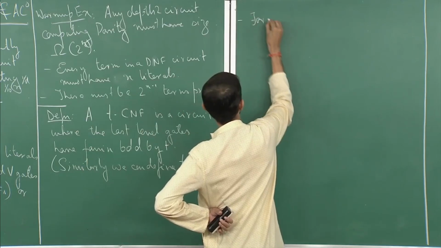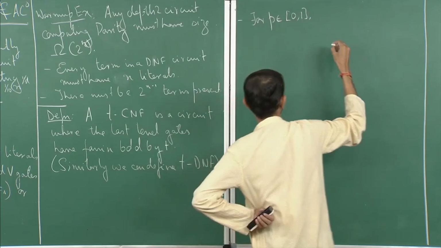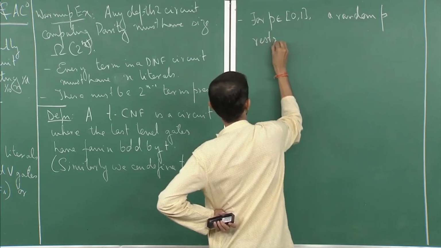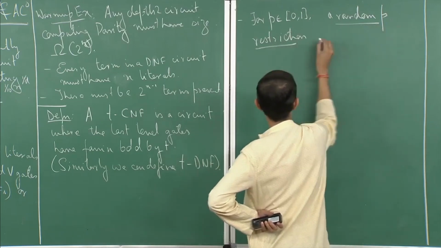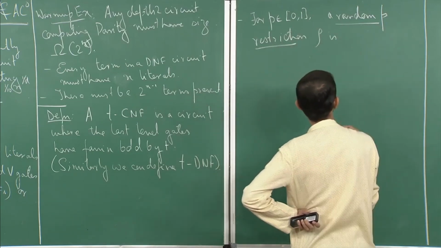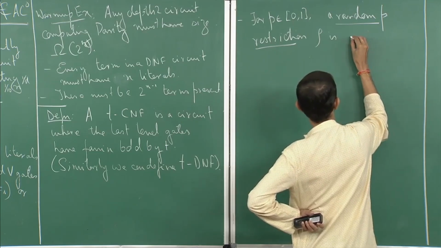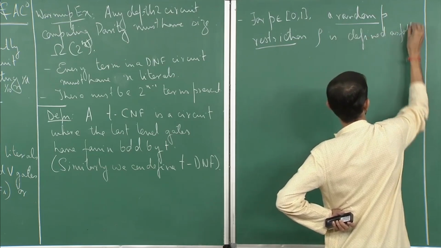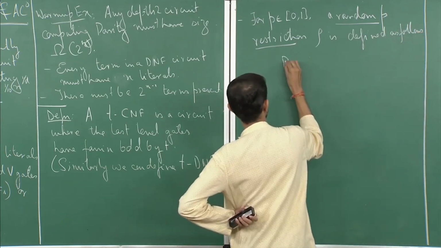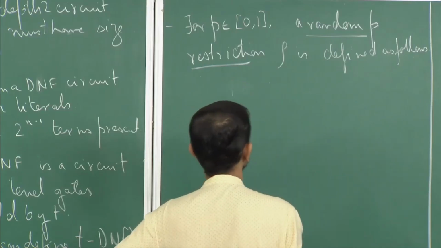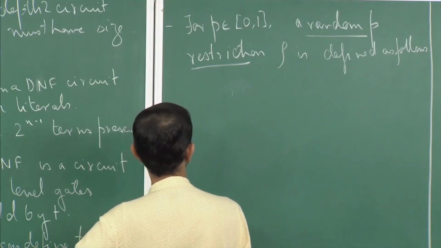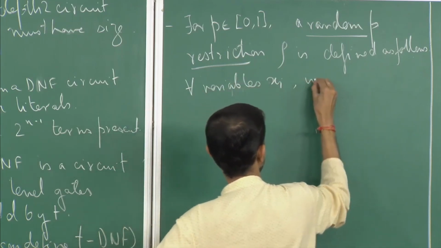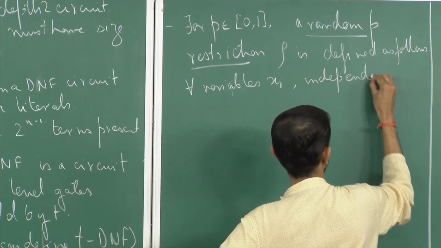So, for p in [0,1], a random p-restriction rho is defined as follows. For all variables xi, independently,